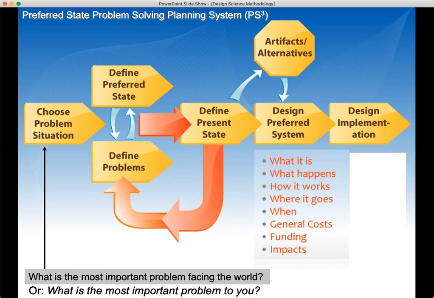So you want to design the preferred system. And that's a great deal of what the Global Solutions Lab is all about. That's one of the products that comes out of it. What is the pathway, the solution, the strategy to making the world a better place for solving a very specific problem? And then to design the implementation, before you can have that solution impact the world, you've got to test it, prototype it, refine it so that it's ready to be scaled